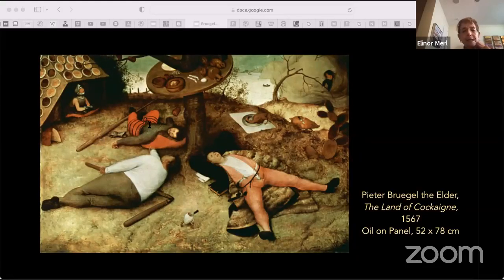Pieter Bruegel's depiction of the land of Cockaigne is perhaps the most renowned. He represents this never land as a place where everything is done for the inhabitants and all there is to do is sleep. His view of Cockaigne and its residents is not meant to be a flattering one. He chooses rather a comic illustration of the spiritual emptiness believed to derive from gluttony and sloth, two of the